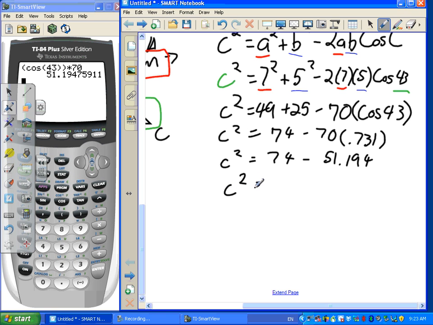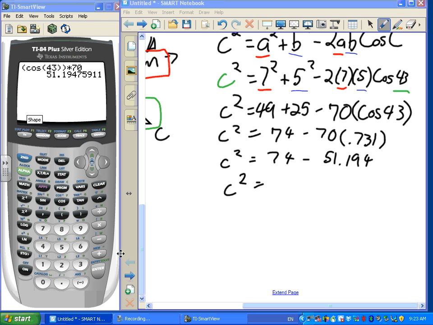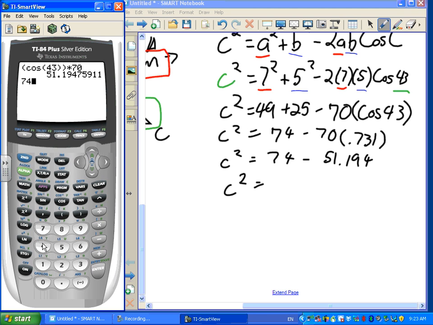C squared is equal to, okay, many of your calculators will have this function. You can go 74, and you can type in the answer from the previous calculation. So I push second, and see how there's a little A and S there? Oh, I meant to push subtract. I screwed it up. Let's try this again. 74, subtract the answer from above. So I didn't have to type that number in. My calculator remembered it, put it in for me. Equals